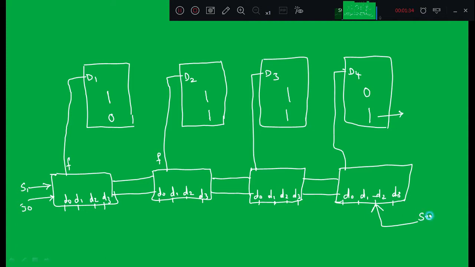So this is the serial in for the shift left operation. Here I am explaining the shift left operation, which means the data has to be sent from the right. And what is the value for shift left? S1 should be 1 and S0 should be 0, right? So if S1 is equal to 1 and S0 is equal to 0, it will select the data line D2. So D2 is used for shifting the content of these flip flops towards left.